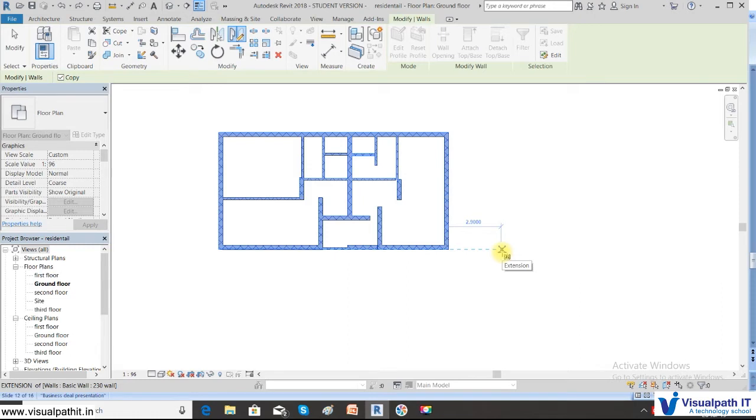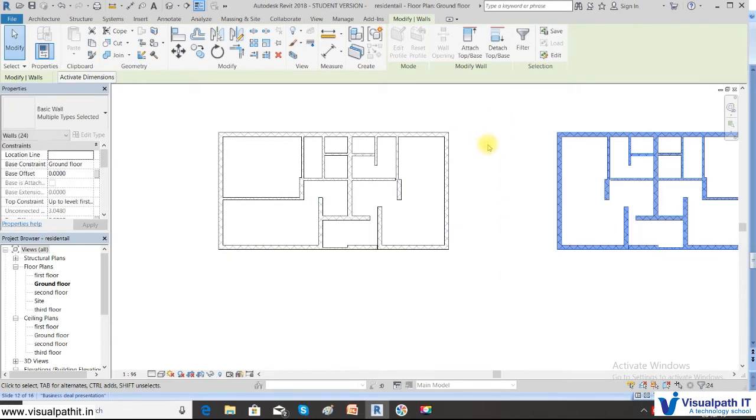Okay, so it is approximately 3, and when you click on the upper part, it gets mirrored. Now the distance between these two objects would be 6 meters, as the mirror axis was 3 meters from here, so the same distance will get reflected here. So now this distance between these two objects will be 6 meters. Okay, so this is called the mirror by drawing the axis.